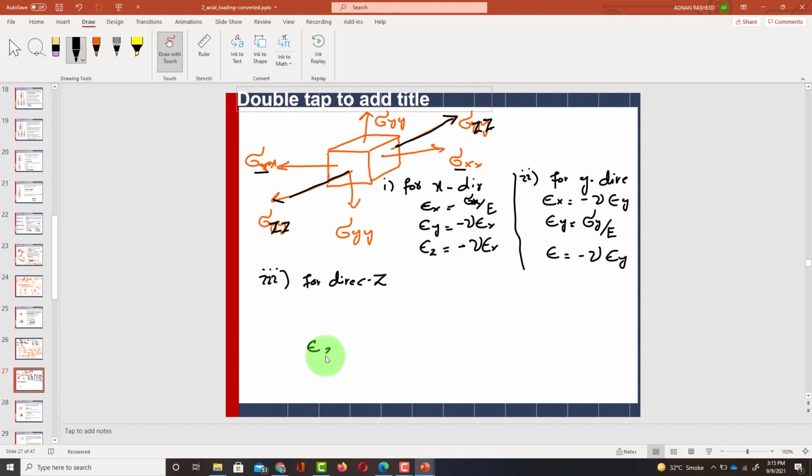So that epsilon z will be equal to sigma z over e. जबकि there will be a contraction in x direction and that is minus nu into epsilon z, and similarly in y direction that is minus nu into epsilon z, ठीक है ना। तो ये थी पहली कंडीशन कि जब x फोर्स हो, ये थी दूसरी कंडीशन, ये थी तीसरी कंडीशन।